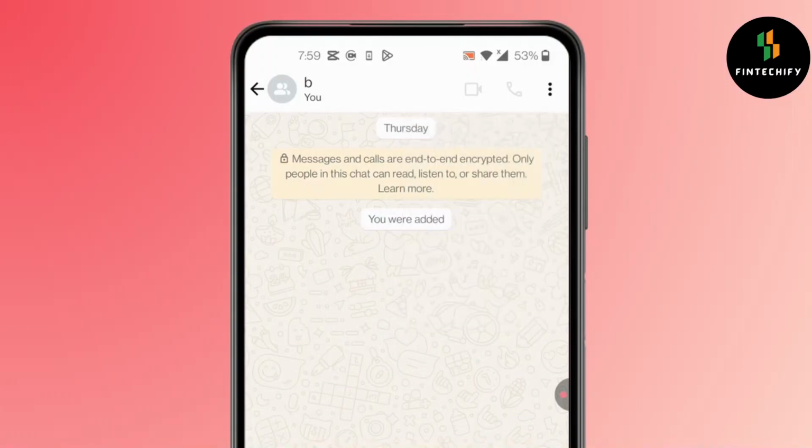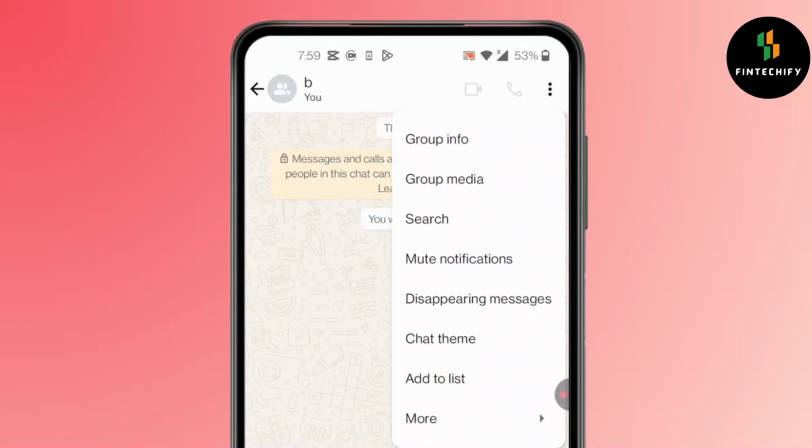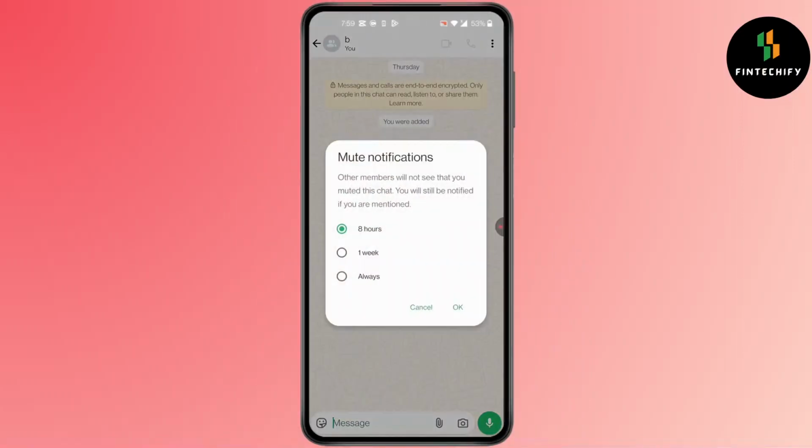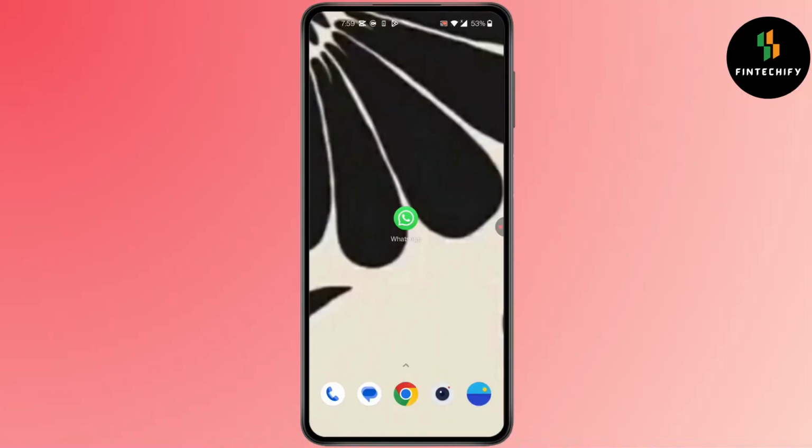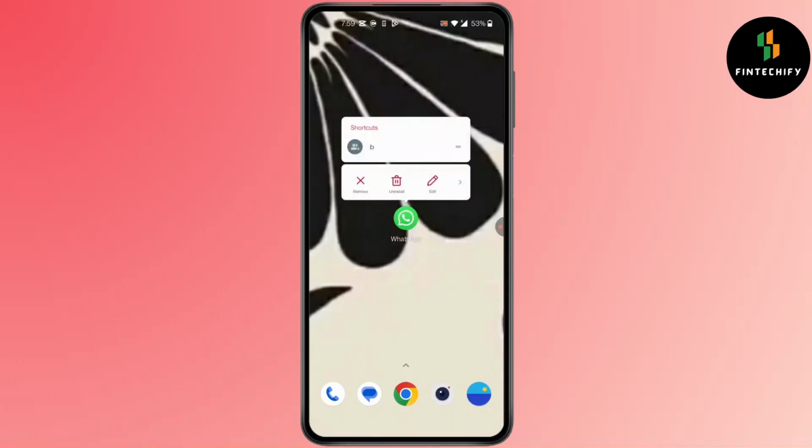So what you can do is click on the three dots again and then click on mute notifications. After that, select always and then press OK. After you do this, there's no voice chat from WhatsApp from this group, but it also means the notification of messages will be removed. You can also go back, hold on to WhatsApp, click on app info, and then click